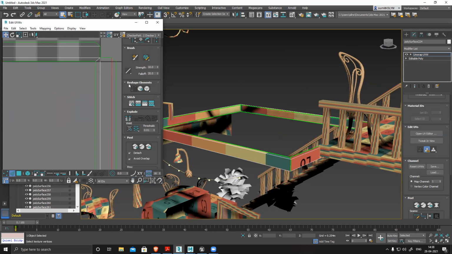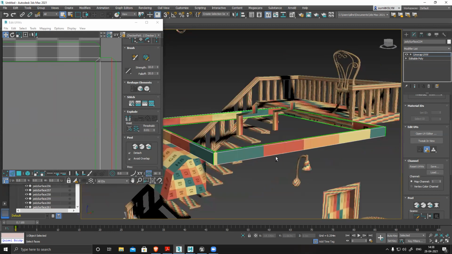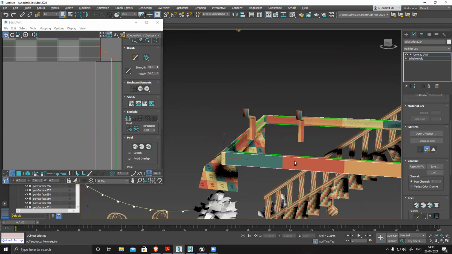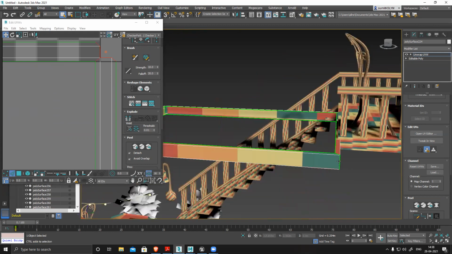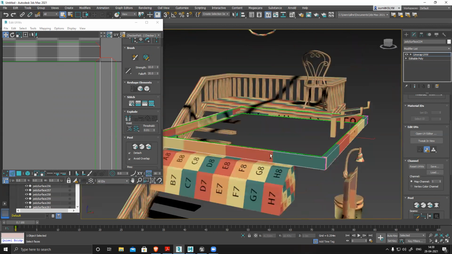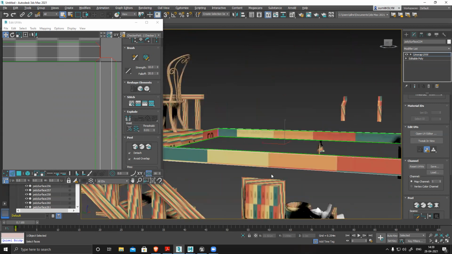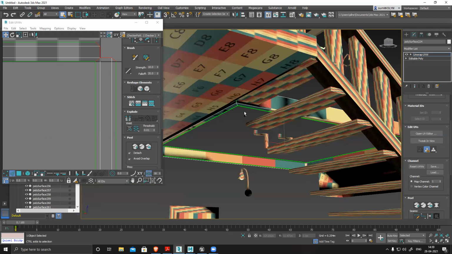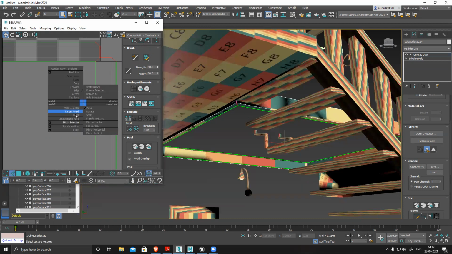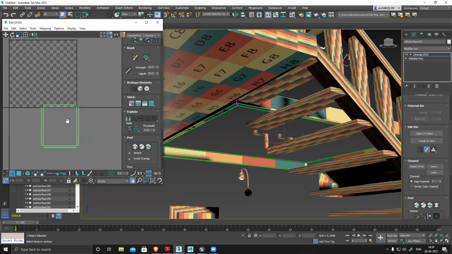Now, if I want to make sure everything looks nice and clean, double click and select all the edges, the corner edges only. Right click, break it.